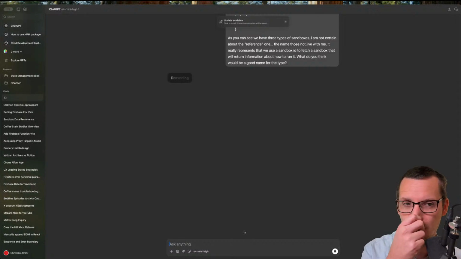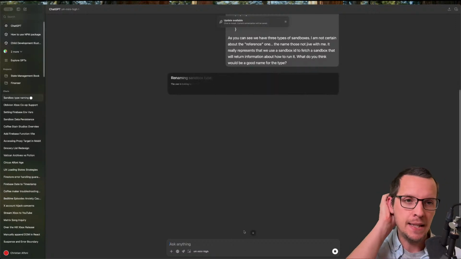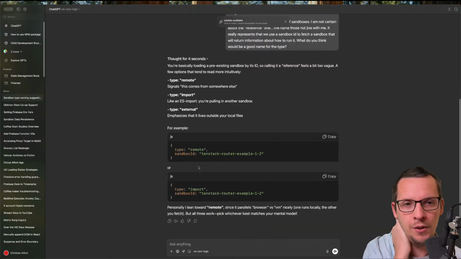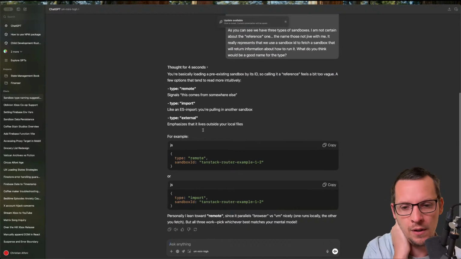By the way, I saw GitHub released an MCP server, which is interesting. So you can hook GitHub up to your